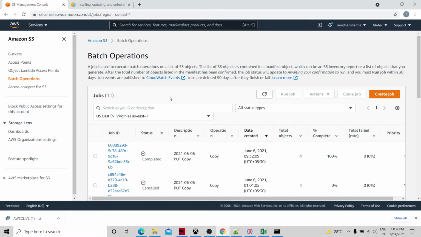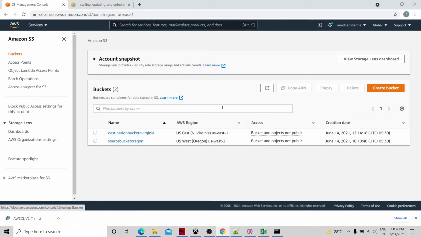If you want to copy a file from an S3 bucket of one account to an S3 bucket of another account, so for same account or cross account operations, there are different ways of doing it. So let's talk about those scenarios.